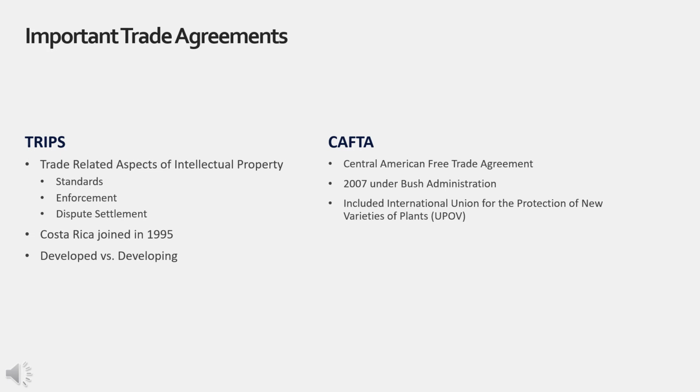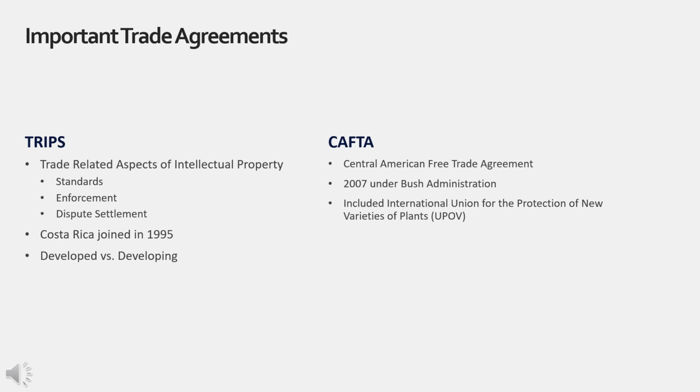CAFTA is a free trade agreement that includes the United States, Central American countries, and the Dominican Republic. A free trade agreement initiated in the beginning years of President George W. Bush's administration. The Office of the United States Trade Representative lists, quote, facts of CAFTA as, quote, strengthening workers' rights and conditions in the region, and promoting prosperity and stability and opportunities for citizens within their home country, unquote. It was passed in Costa Rica by a narrow margin in 2007.